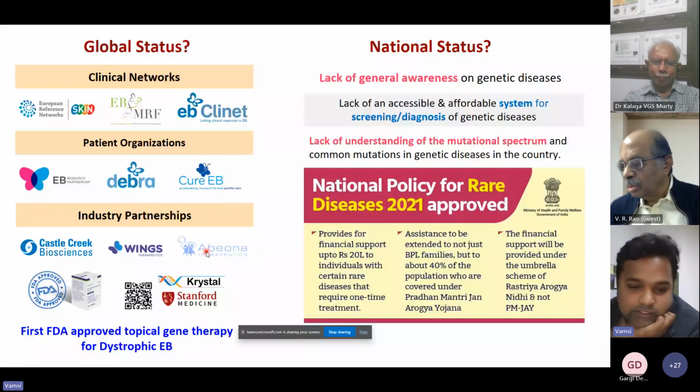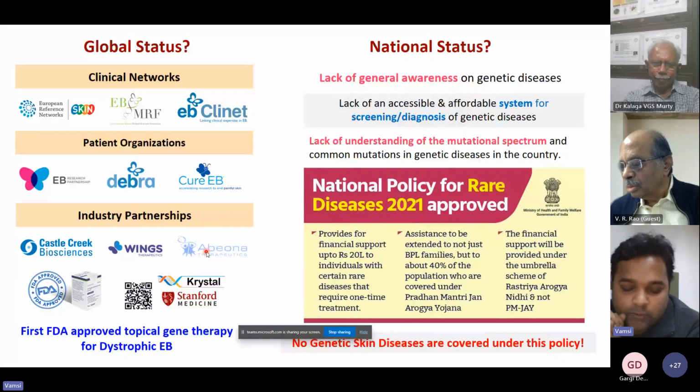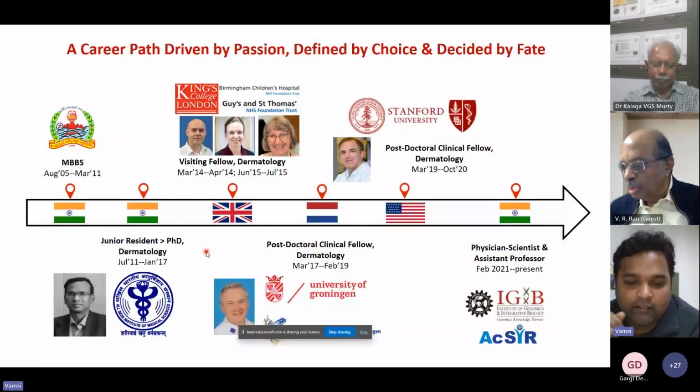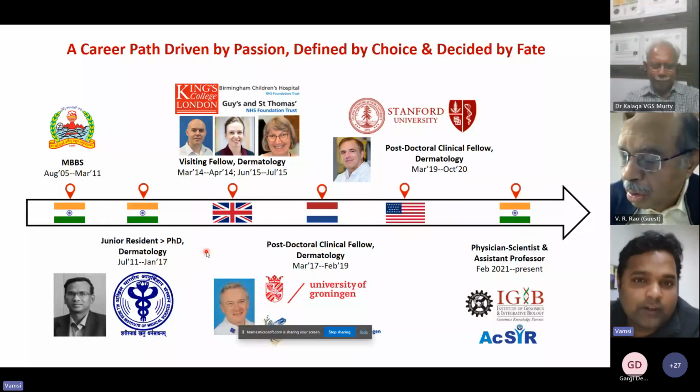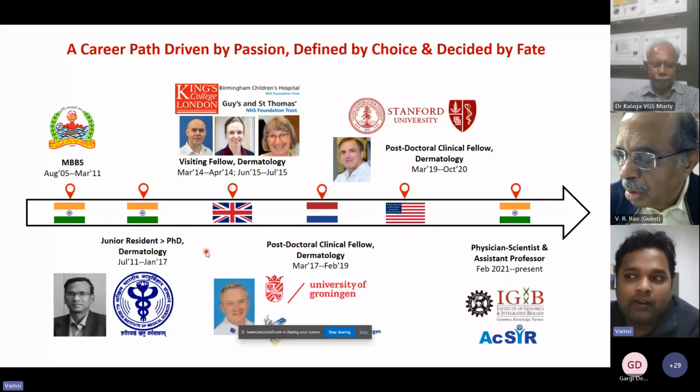Well, with this introduction, I just want to start my story now. Why did I even do what I'm doing currently? Well, as already introduced, if I have to summarize my entire journey: I never wanted to be a doctor. I wanted to be an engineer. So I wanted to be an engineer, became a doctor, wanted to do cardiology, but ended up doing dermatology, wanted to be a practicing clinician, but ended up being a physician scientist. This journey is something that I have not planned for at all, and it just happened because of what I encountered